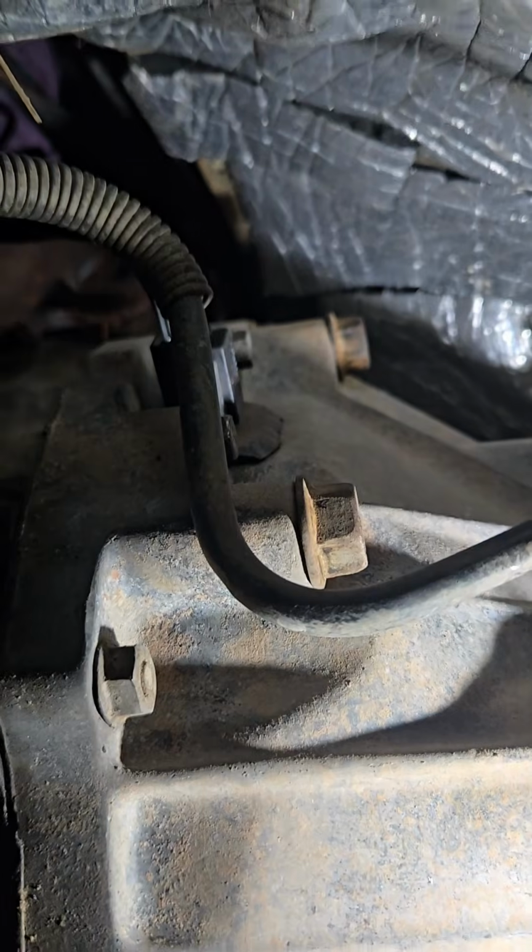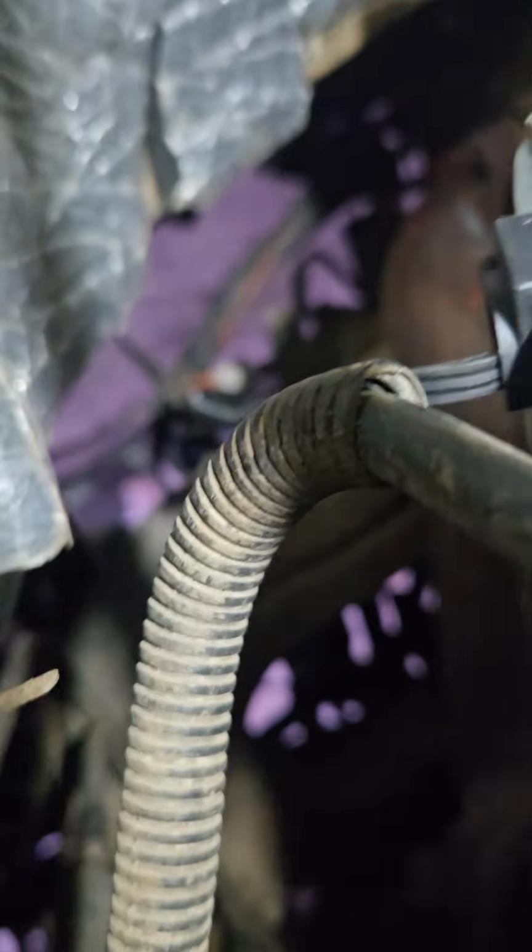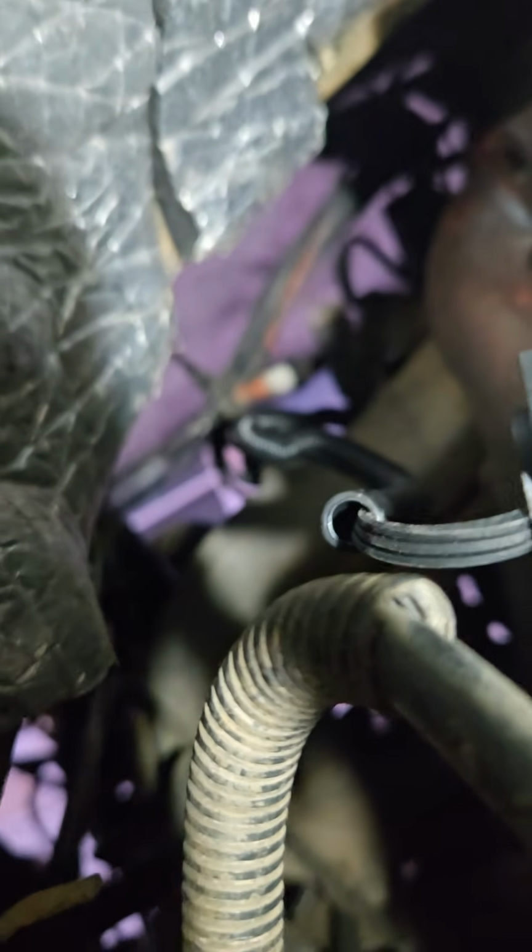So, anyway, get that back in there. Kind of show you the run. It goes back up to the top there if it'll focus there. And that was that sensor. I'm gonna get back up to the top here